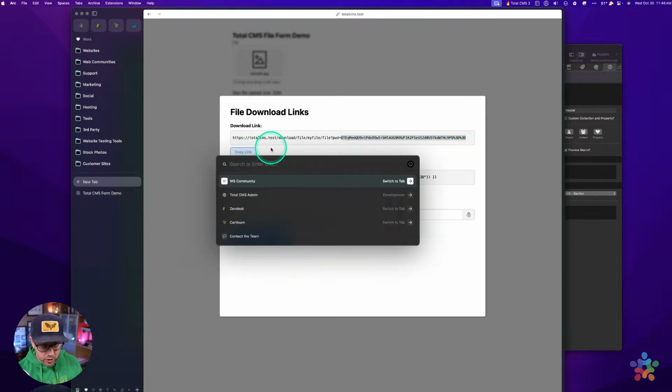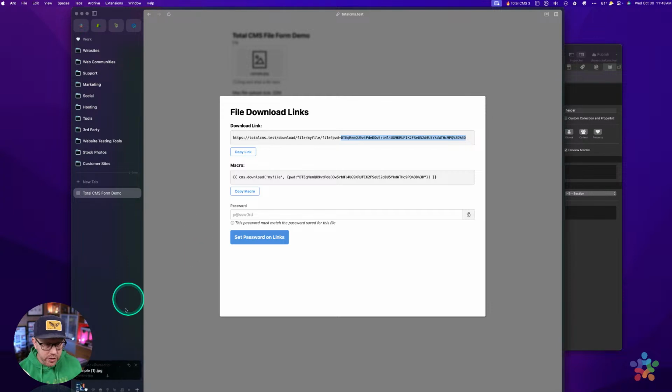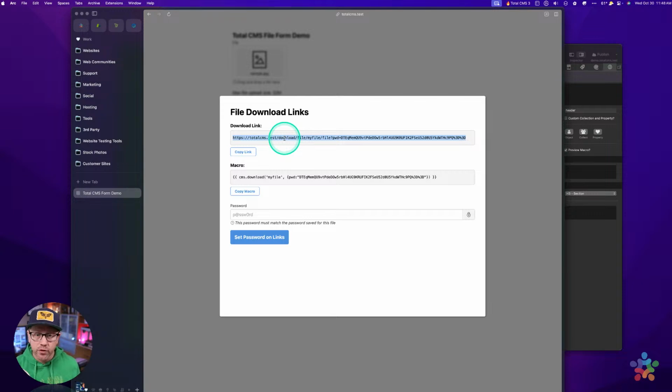Okay, and if I go open up a new browser and paste that in, what you'll notice is that file was immediately downloaded. It didn't take me to a password page, right? Pretty cool. I think all this, it seems simple, and that is the goal, hopefully. Hopefully it seems simple and just everything that you would want, right? This I think is a very powerful feature, so that if you want to share downloads to people, but protect